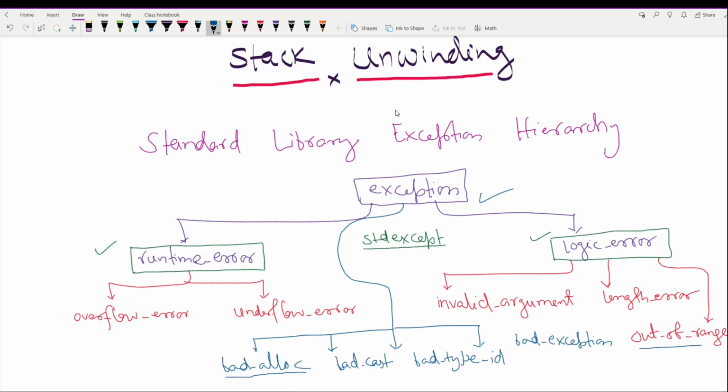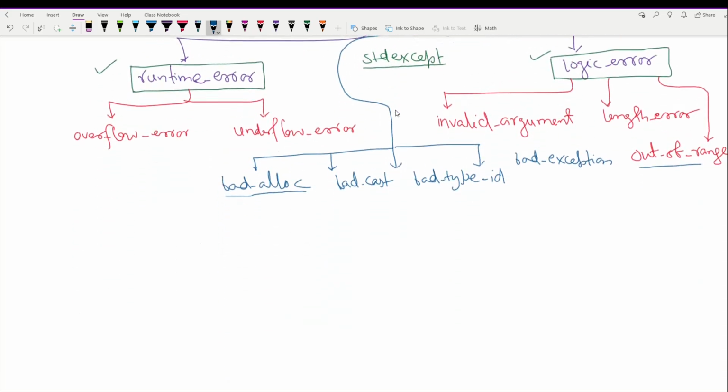If a try catch block encloses that statement, an attempt is made to catch the exception. If a try catch block does not enclose the statement, stack unwinding occurs again. If no catch handler ever catches this exception, the function terminate is called to terminate the program. So let's understand it using an example.